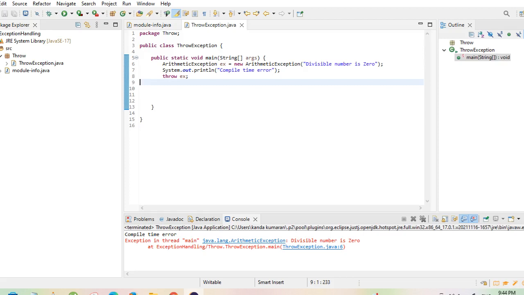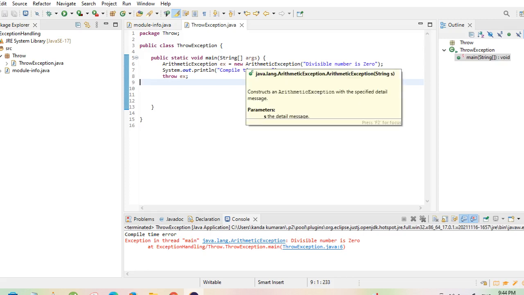Whenever we use this throw keyword, we need to follow a certain set of rules. I typed this to show a compile time error.